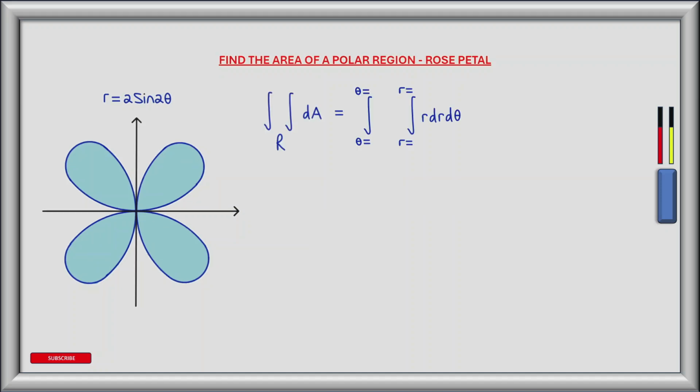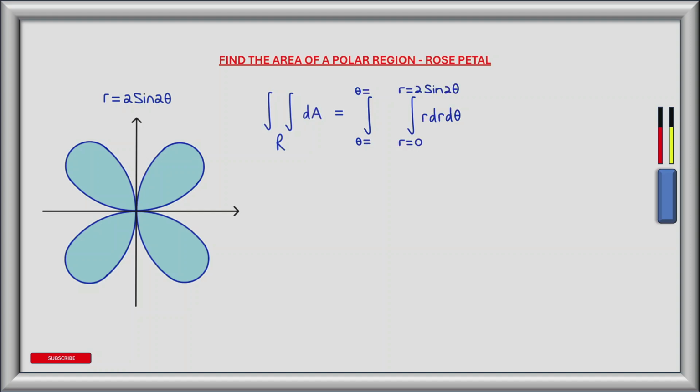We know that the area across a polar region is given by the double integral across the region of infinitesimally small slices of area, which we call dA. This translates to the region being defined by an inner integral which integrates in the r direction between 2 values of r, and an outer integral which defines the region as we rotate about theta between 2 values of theta. The infinitesimally small pieces of area are defined by